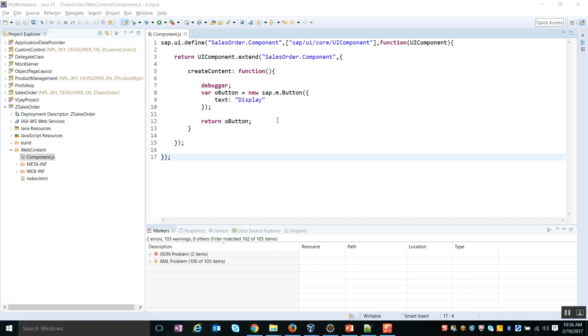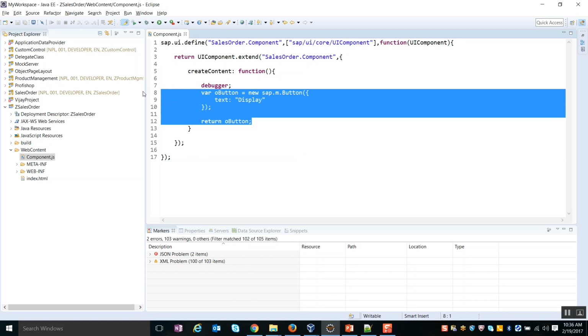But rather than writing our content directly within the component, we would prefer to modularize our content into different views so that we can reuse it as well as modularize it. So I'm going to create a root view where I'm just going to have a container, and within that root view, which is going to act as a window, I'm going to place multiple views with which I'm going to display the content. So for now, I'm just going to create my root view and display it over here.